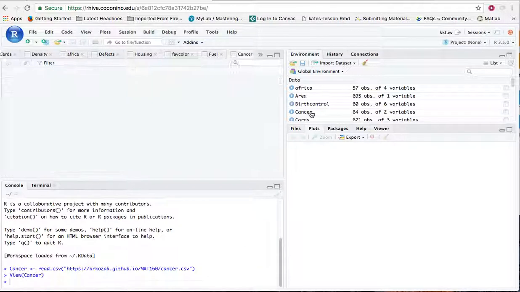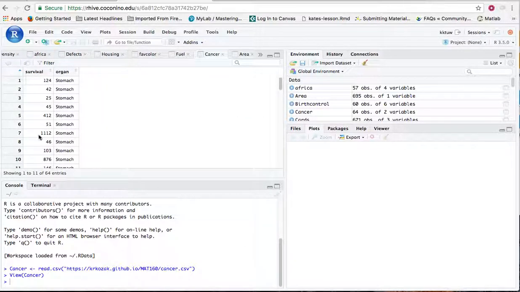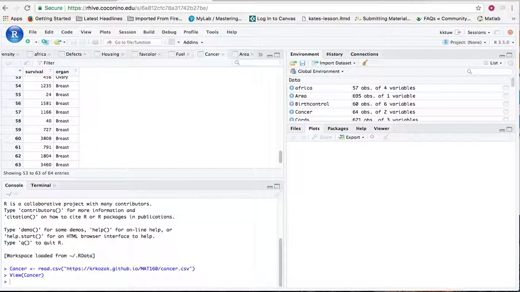I notice cancer shows up here now. I can click on cancer, and here are my survival times and what organ the person had the cancer in. If I look through this listing, I can see I've got all these different types. What if I want to draw a histogram for just, let's say, breast cancer? So what I need to do is filter based on that